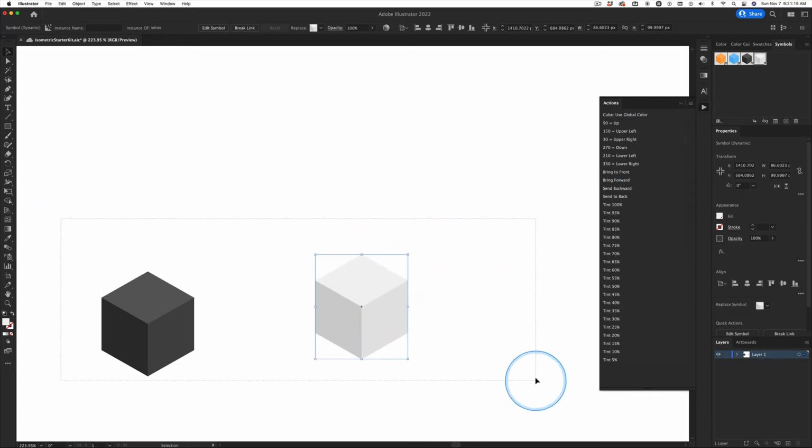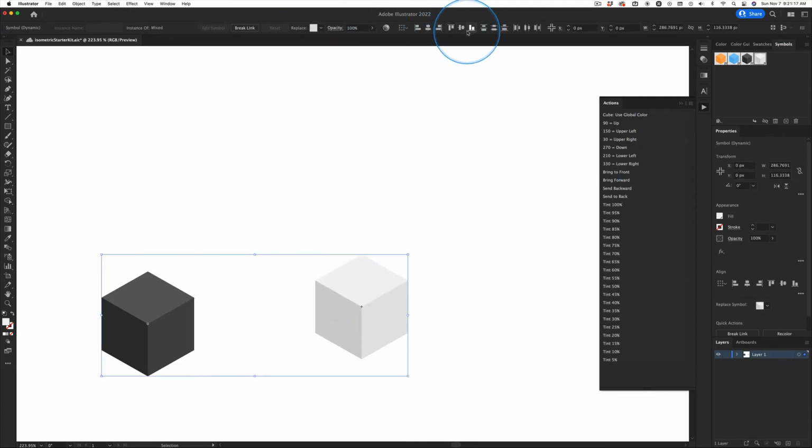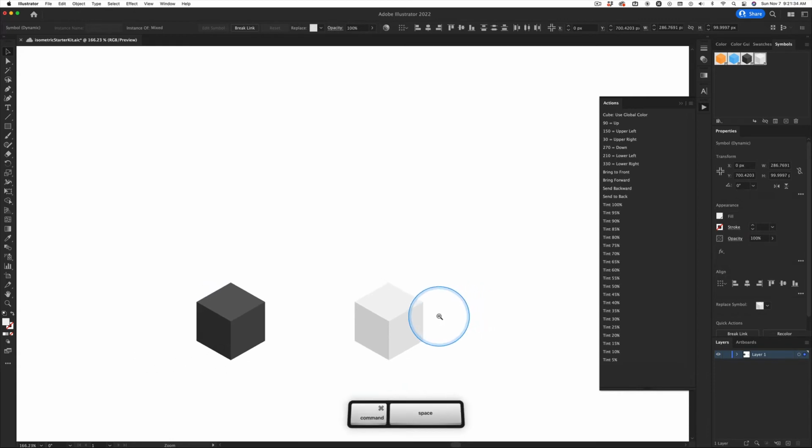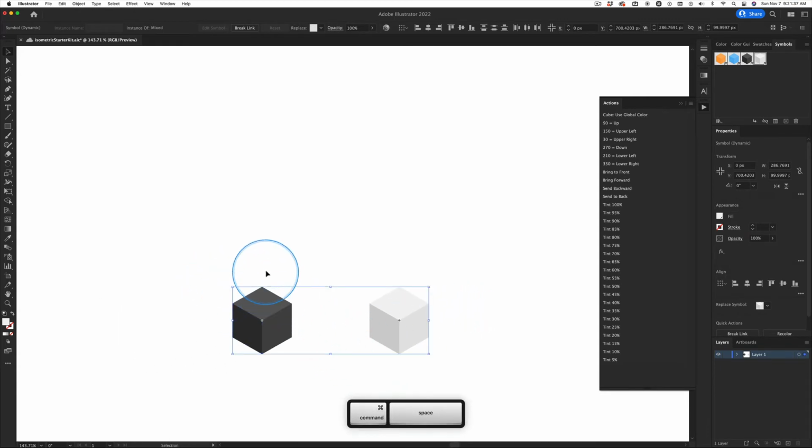Then I'm going to highlight both of them, and I want to make sure they're aligned. Aligned to selection, not the artboard, aligned to selection. And I want to align them so they're both on the same baseline. Now we're going to need to zoom out a little bit, give ourselves some room, and